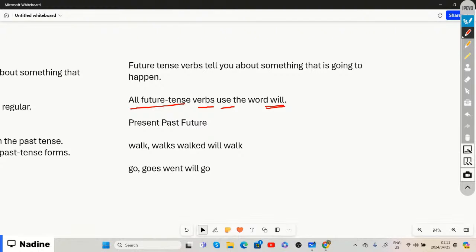And since we now spoke about all three tenses, which are our present tense, past tense, and future tense, we said present tense